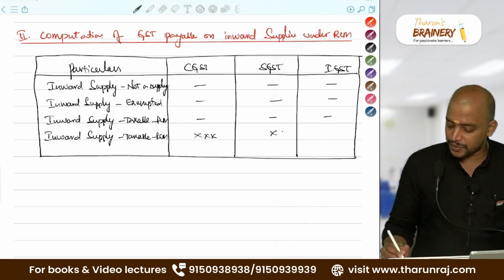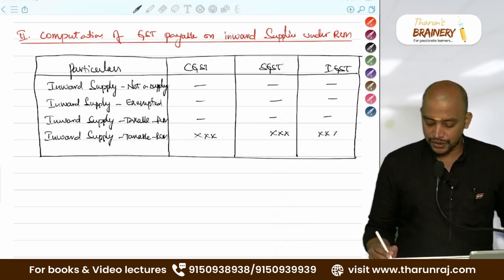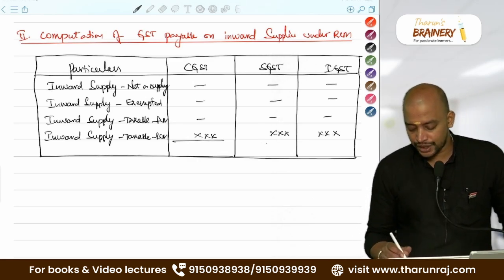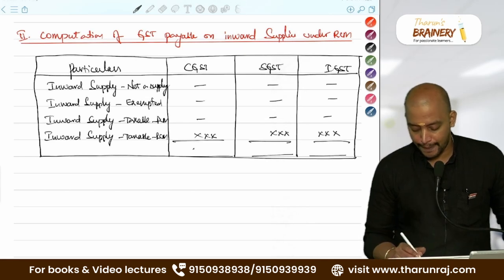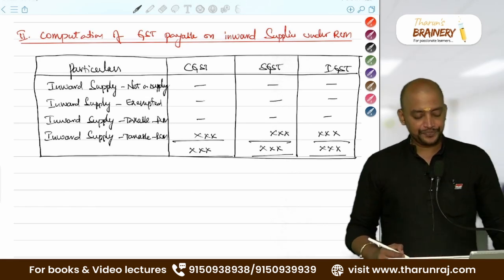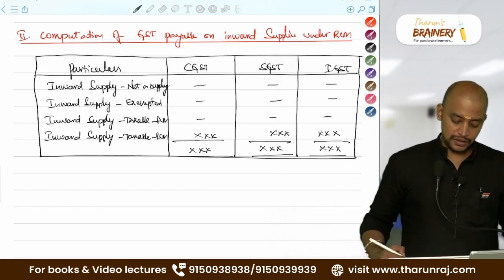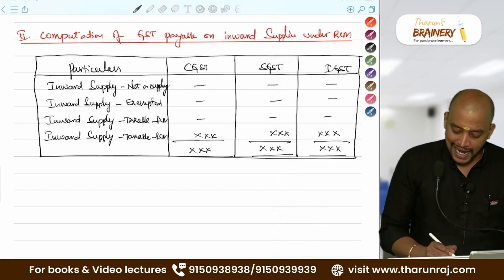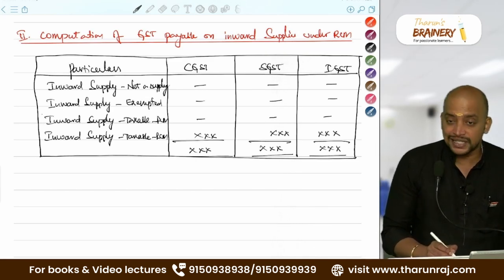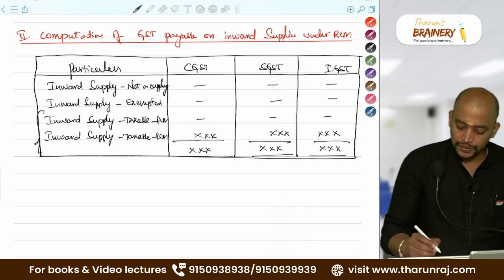Take it in the respective columns and do the total. And here, this inward supply taxable under FCM and RCM, both of these will go